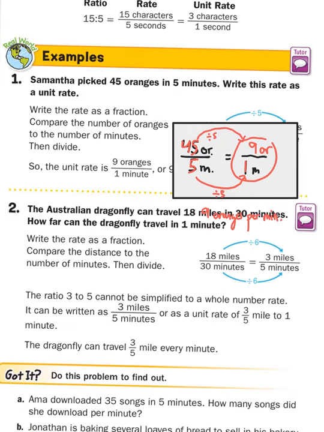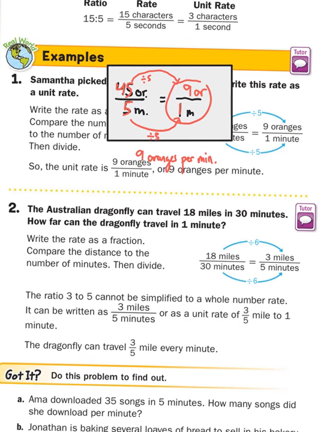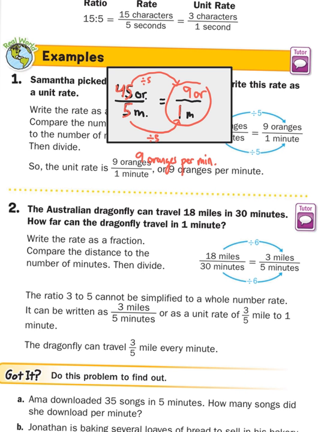Let me get rid of that up here. All right. This says the Australian dragonfly can travel 18 miles in 30 minutes. How far can the dragonfly travel in 1 minute? So I'm going to show you again here. This time, let me